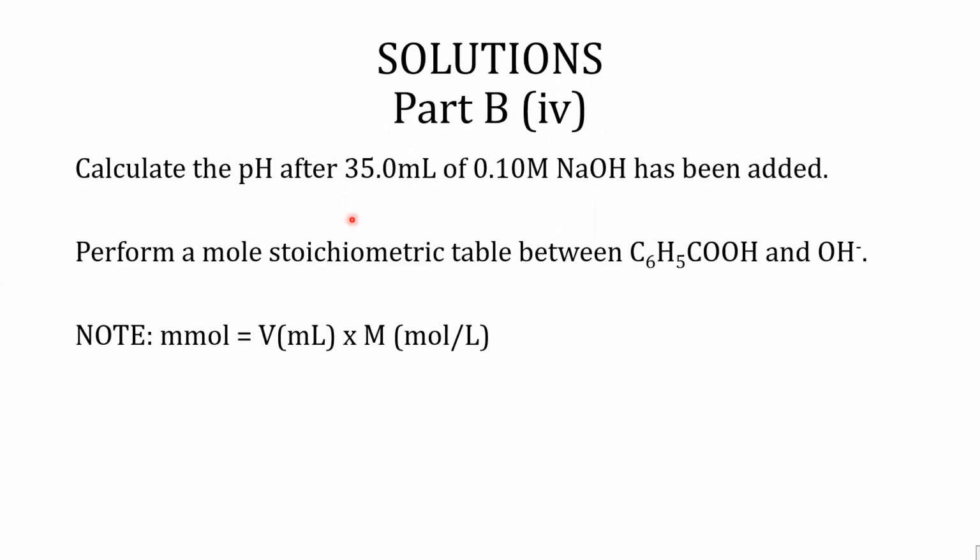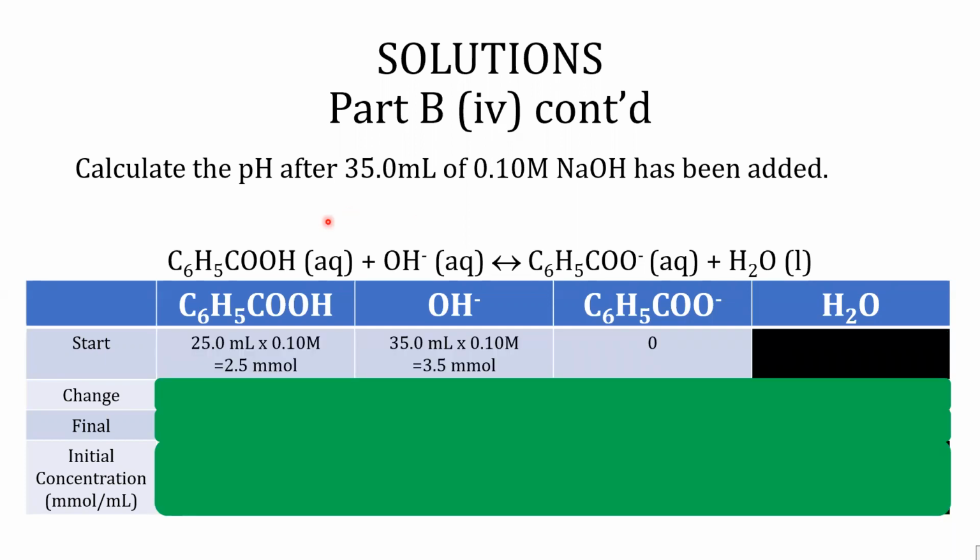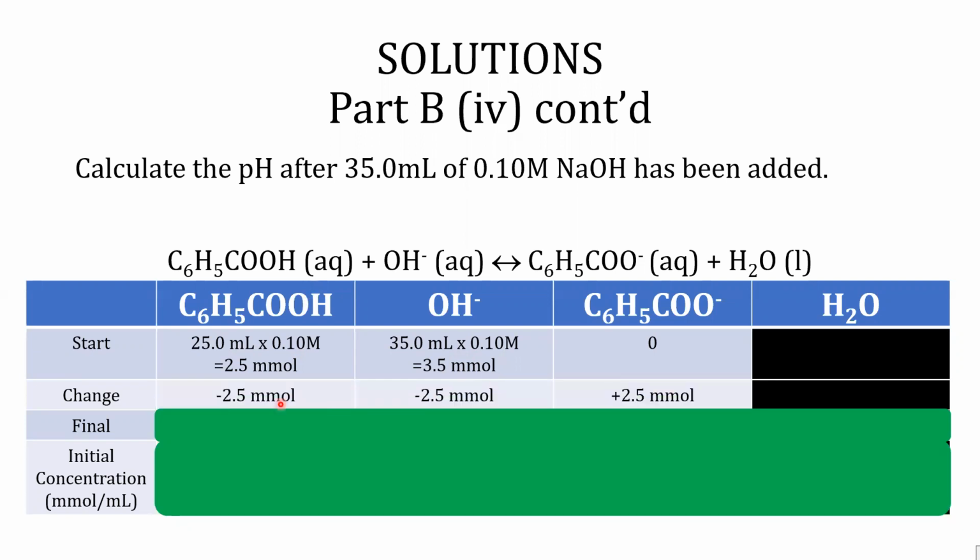The fourth problem is to calculate the pH after 35 mL of 0.10 M NaOH has been added. The construction of an mmol stoichiometric table is performed. The mmol of C6H5COOH is found by taking 0.10 molar times 25 mL equals 2.5 millimoles. The mmol of OH minus is found by taking 0.10 molar times 35 mL equals 3.5 millimoles. The amount of C6H5COOH is the limiting reagent, so after subtracting 2.5 millimoles from both substances and adding 2.5 millimoles